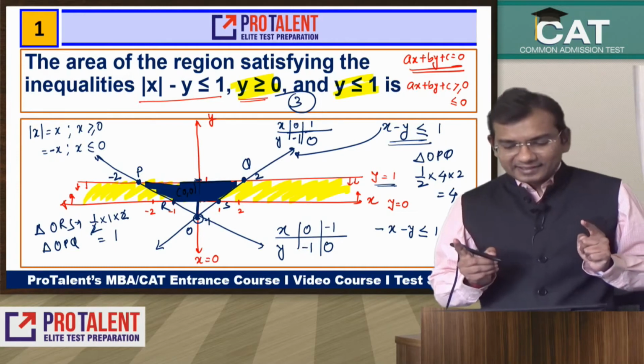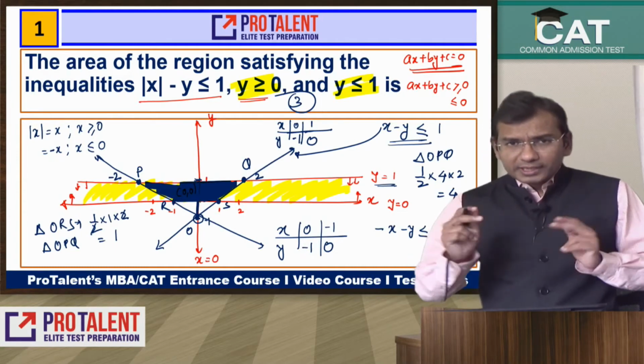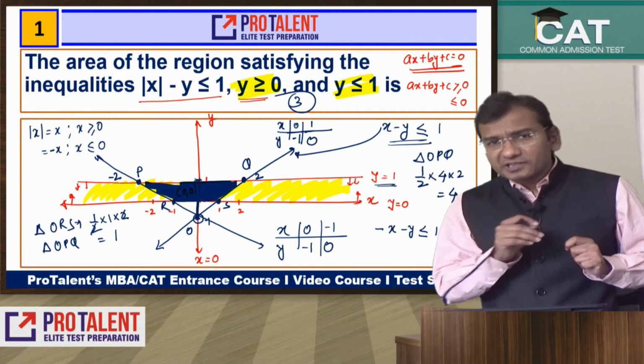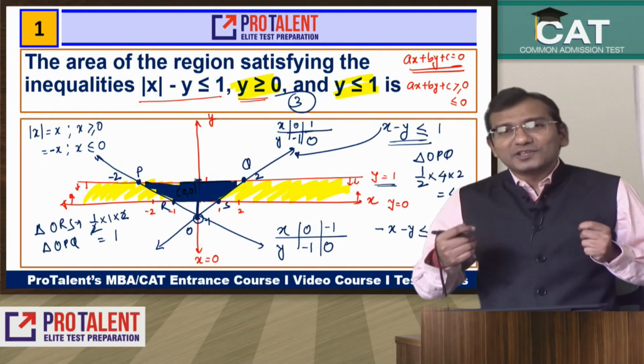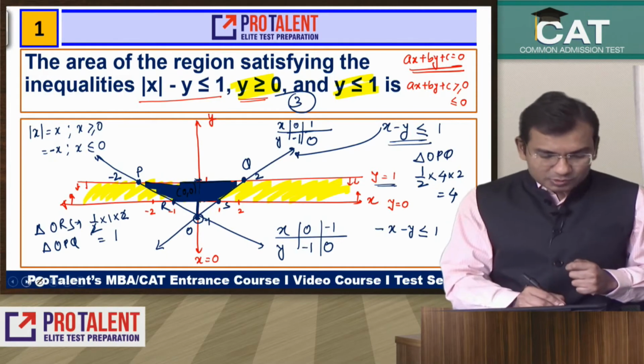Clear? Okay. So this question is required to be solved through this kind of graph, you can say points. You can make a rough graph in your own way and put in values, and you will be in a position to get the answer. Is that comfortable? Very good. Great, so this was question number 1.